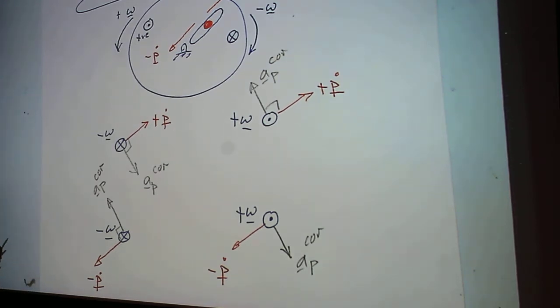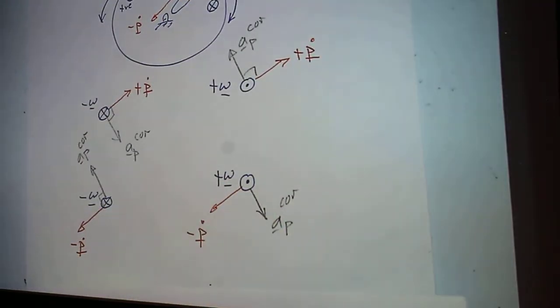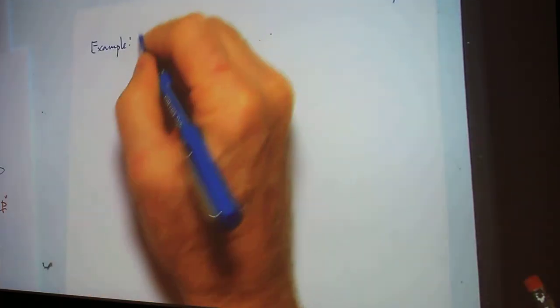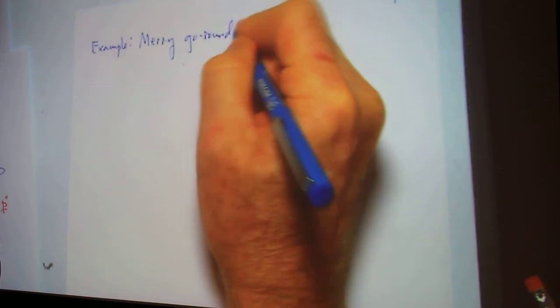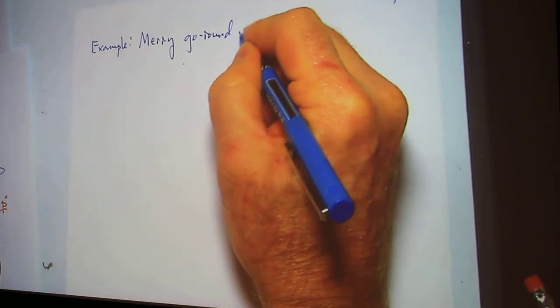Okay? So what I'm going to do now is a couple of examples. All right, so here's a word problem. You got a merry-go-round rotating